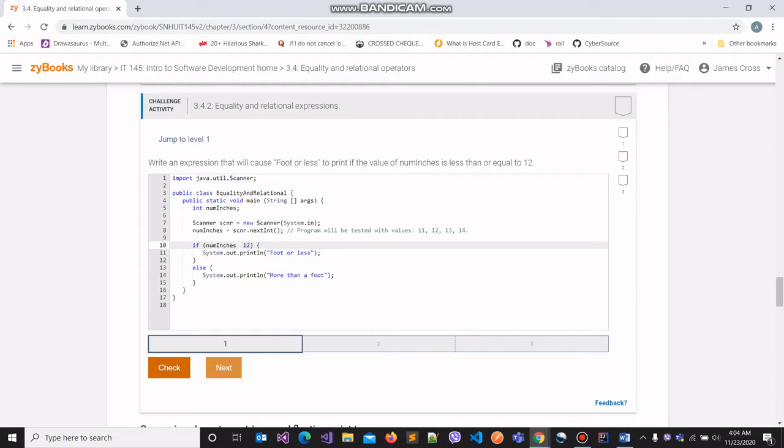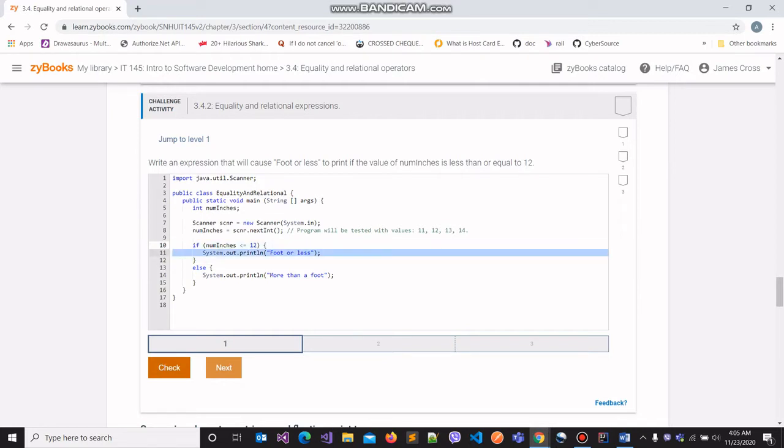We will use the relational operator less than or equal to. Through this relational operator we are making the condition that the value in num_inches must be 12 or less for this block of code to be executed, for "foot or less" to be printed onto the console.